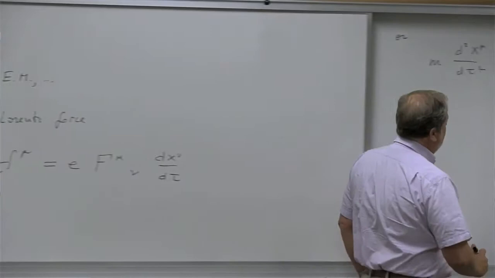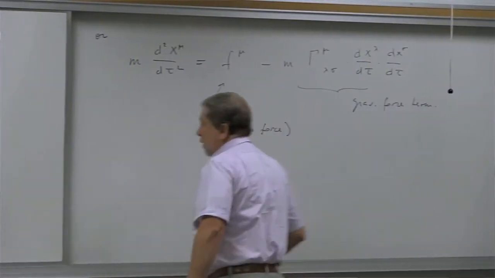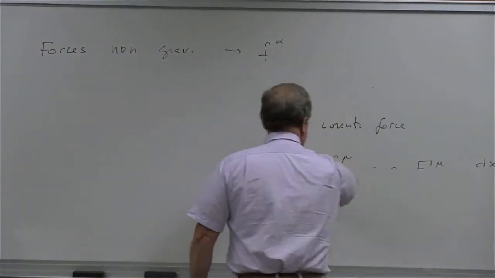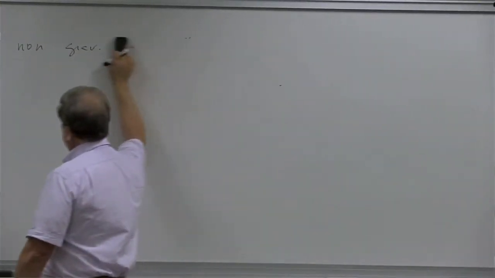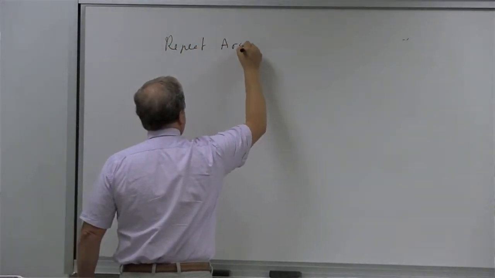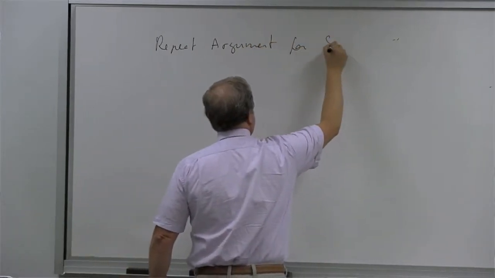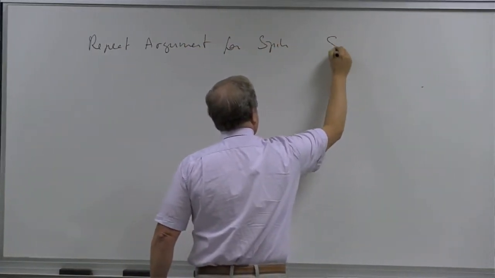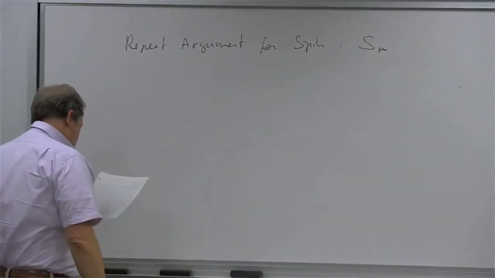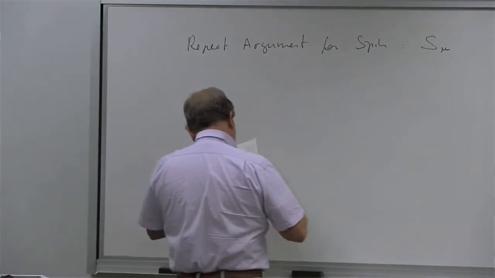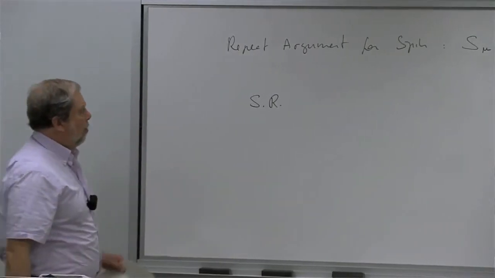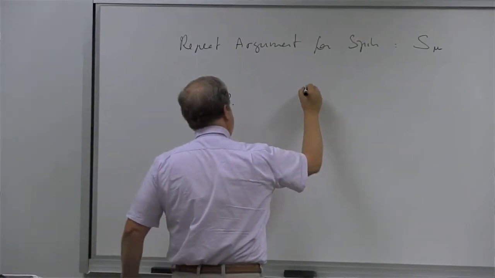So this was just for the particle dynamics. And so the next step is, if you have a spin, you can do the same argument. So repeat the argument for spin. So we have something that is like this. And again, we write out the equation, first of all, in special relativity. I think we wrote those down some time ago. And the equation for a spin